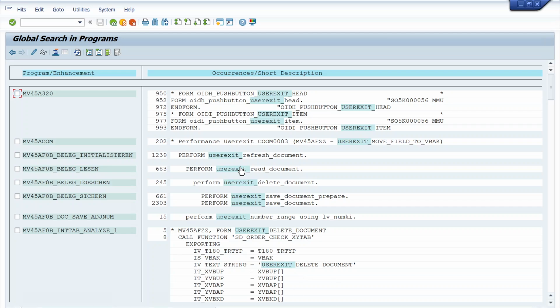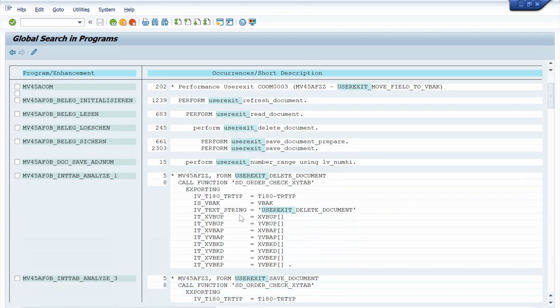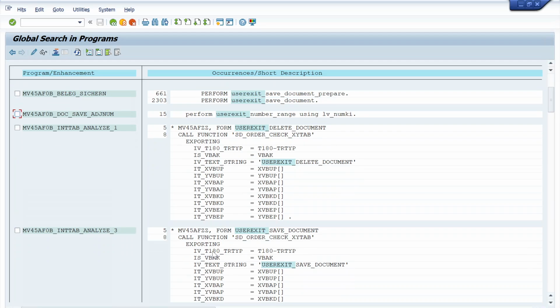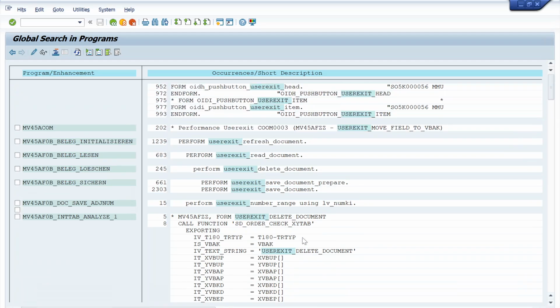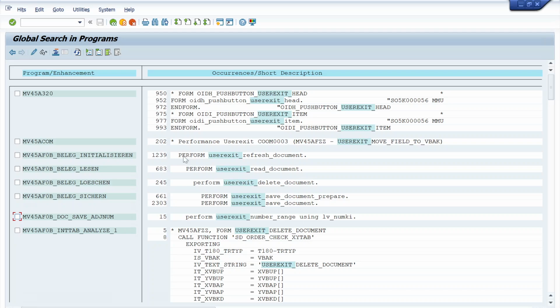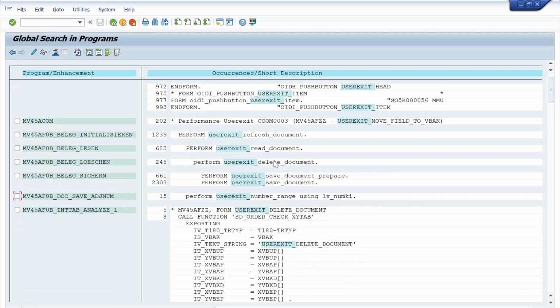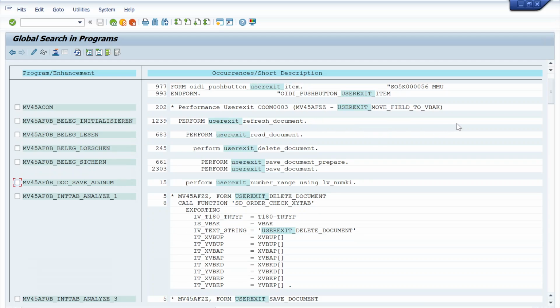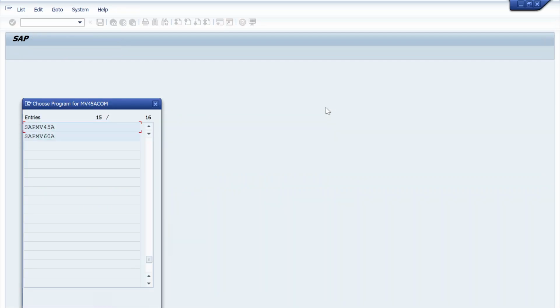If you see, there are a lot of user exits available in this program, right? So how are we calling the user exit? By using PERFORM and subroutine name, right? PERFORM and subroutine name. But where are these user exits defined? Here, if you double click on this,